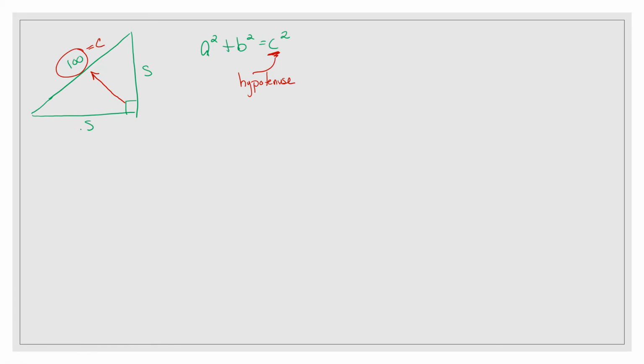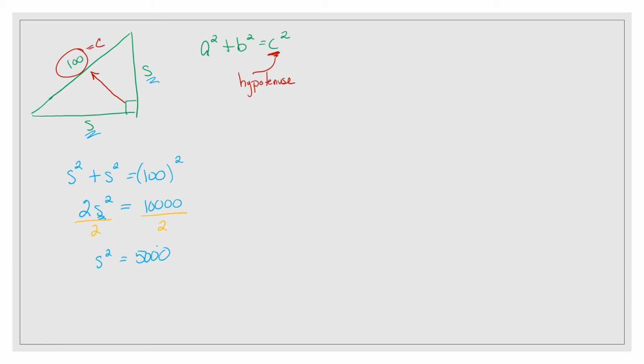Coming back to mine? Okay, so I don't care which one of these is A and which one is B. In this case, they're both the same anyway, so it doesn't matter. But if they were different, it still doesn't matter. So we have A squared plus B squared equals, good, C squared. And we have 2S squared equals, yep, that's 10,000. You're solving for S, aren't you? So what's the first thing you're going to do? Excellent. I'm hoping you said divide both sides by 2, because that's what I would have said. So I have S squared equal to